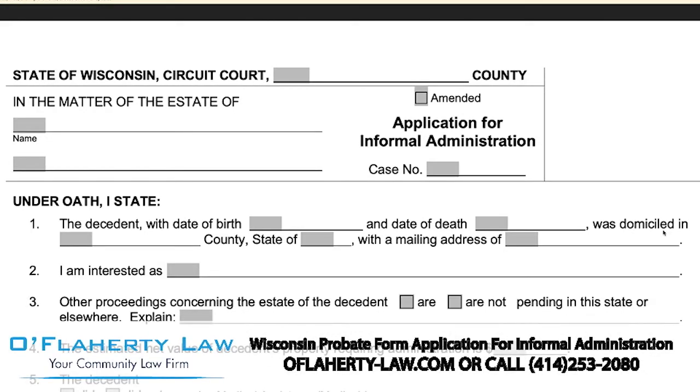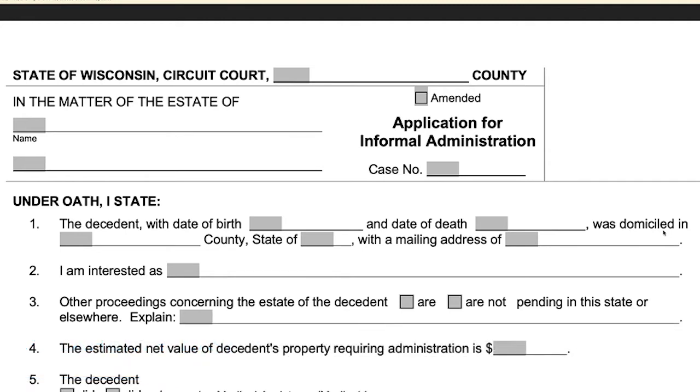A Wisconsin attorney with O'Flaherty Law, and today I'd like to do a how-to video on how to fill out Probate Form 1801, the application for informal administration of an estate of a decedent. So we have the form up on the screen, and if you just move to the top of the page,